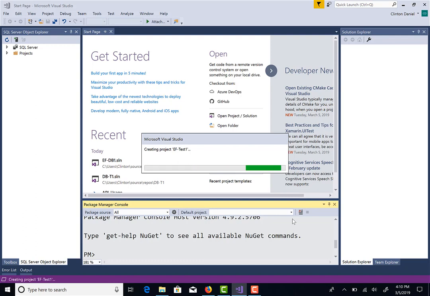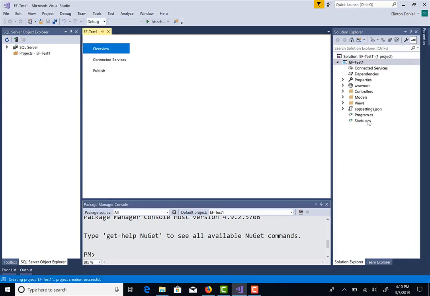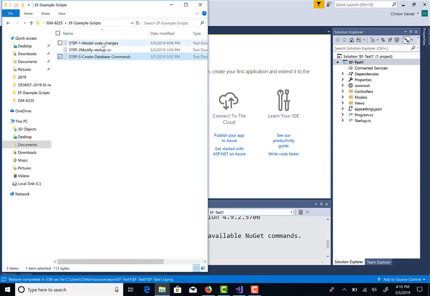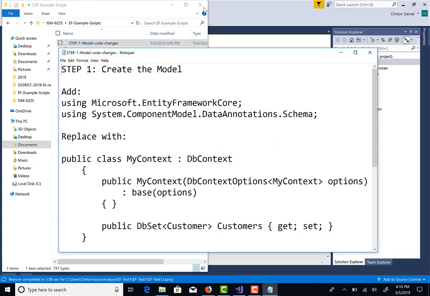So it's going to create this project with the MVC template. You can see over here to the right, I have my models, my views, and my controllers. Okay, so we've got a couple of things to do, and I've got some steps here that I've created for myself to shorten things. So the very first thing that we have to do is create the model